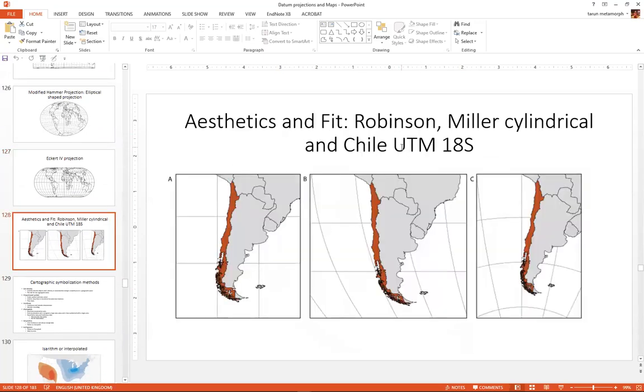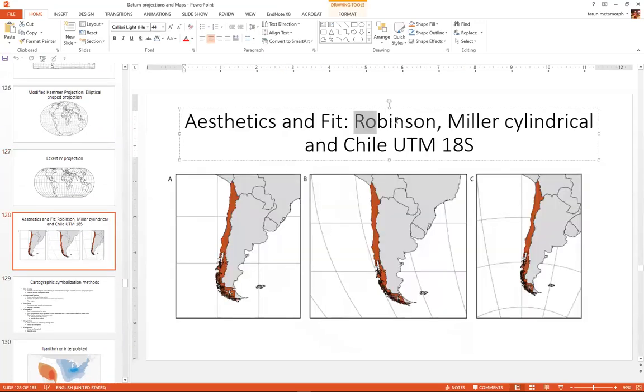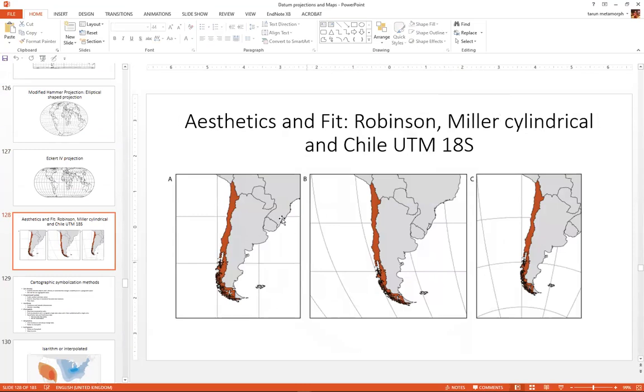See here, I wanted to give an example of two or three projection systems: Robinson projection, Miller cylindrical, and Chile UTM 18. So based on this, you see the shape shift and size shift. So based on your projection,